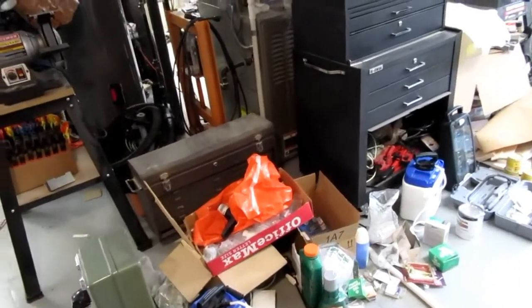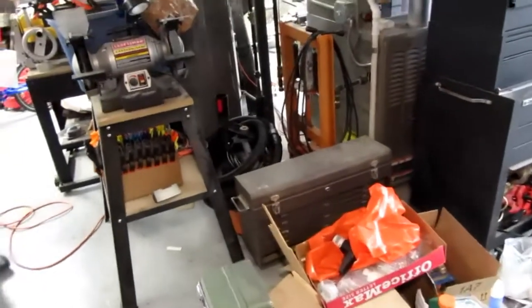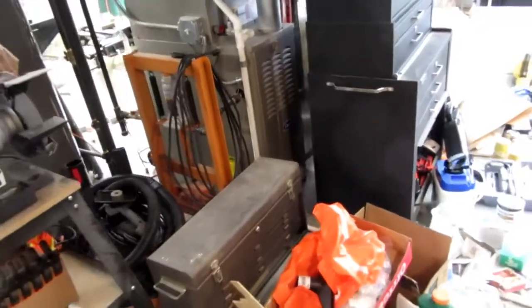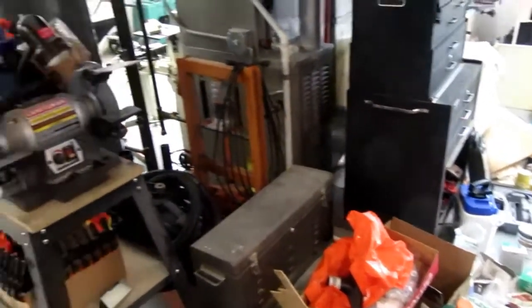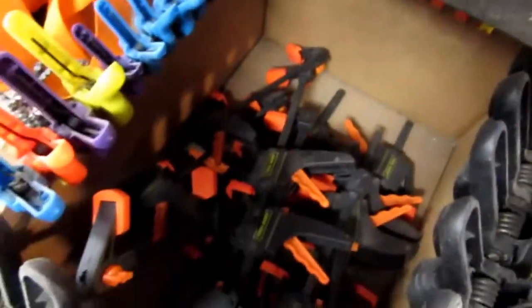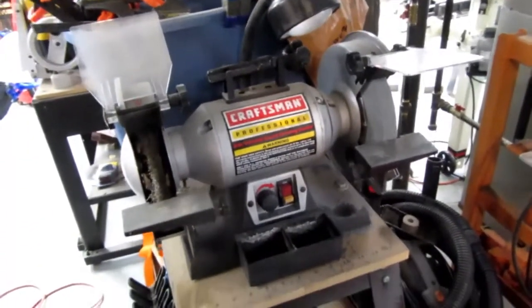It's usually not quite this dirty, but I've got several projects going on at once. And I'm also relocating things, so there's things out in the middle of the floor that usually wouldn't be there and so on. But anyway, I've got my clamping station here with several different sizes of belt clamp, pipe clamp, spring clip, the little pipe clamps, my grinder wire brush, which I use quite a lot,